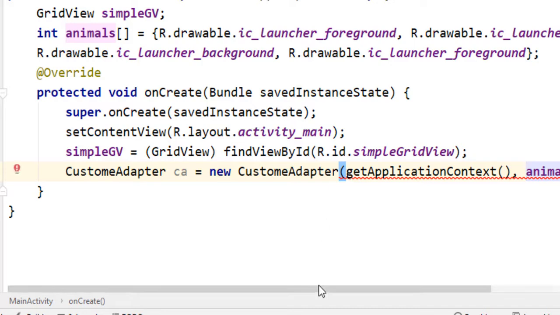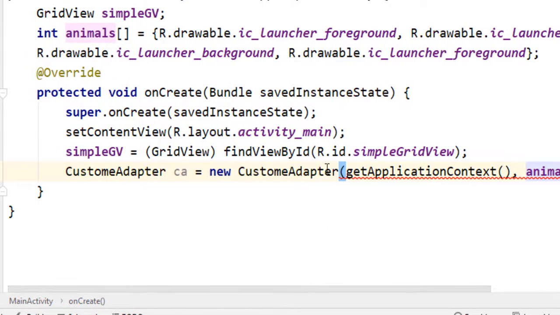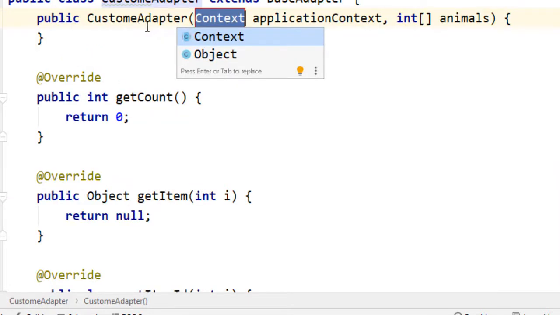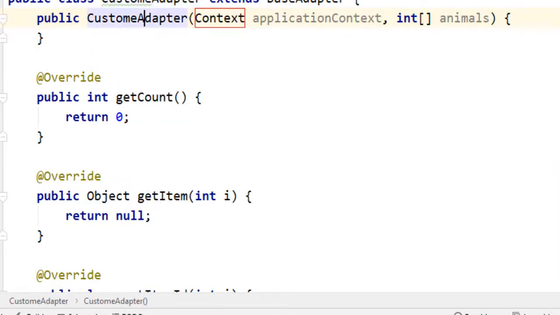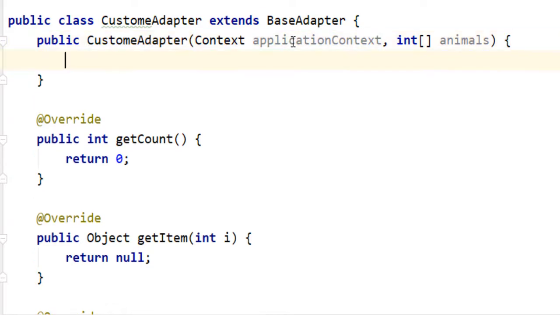You can see here it automatically displays a red line signal in front of this line. I am going to click here and it will say, do you want to create constructor? Just click on it and see, the constructor is automatically created under your custom adapter class, with the required parameters also.